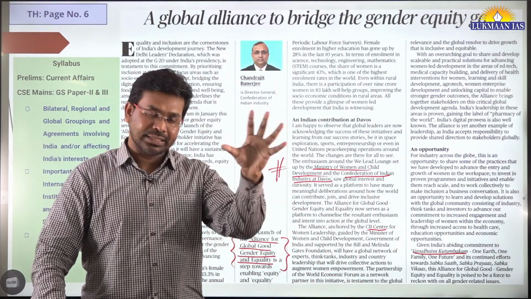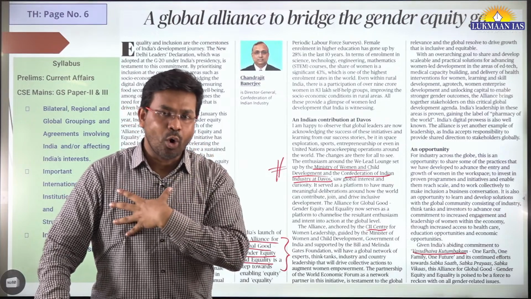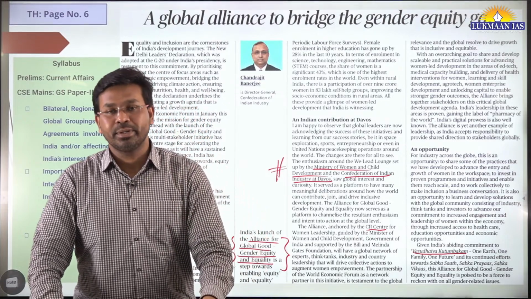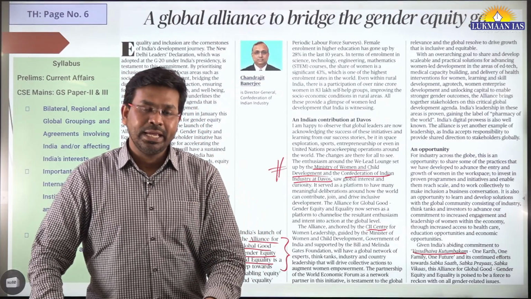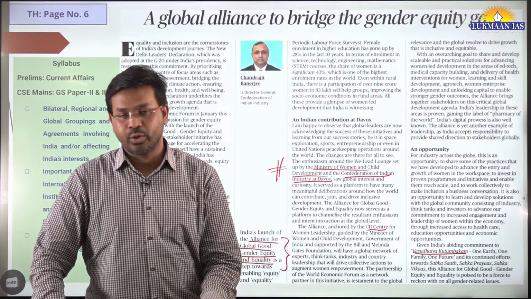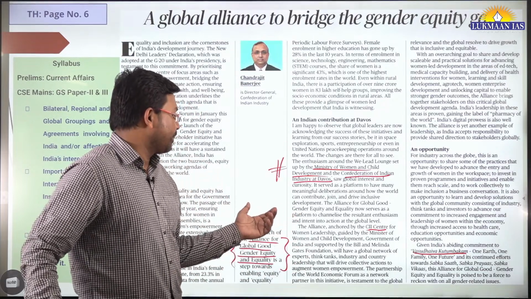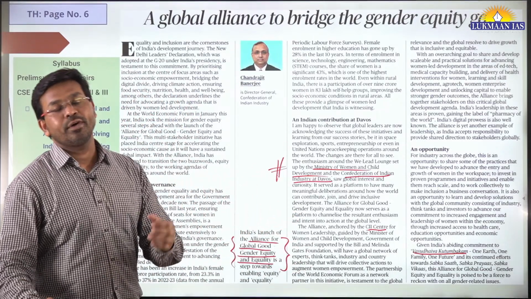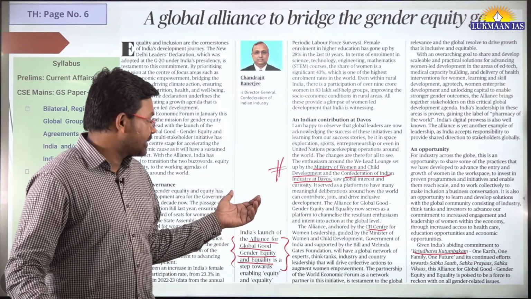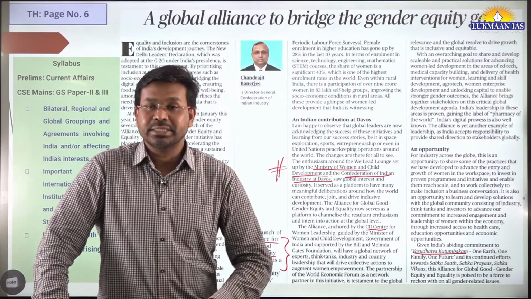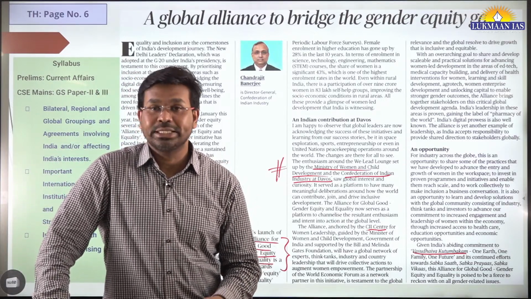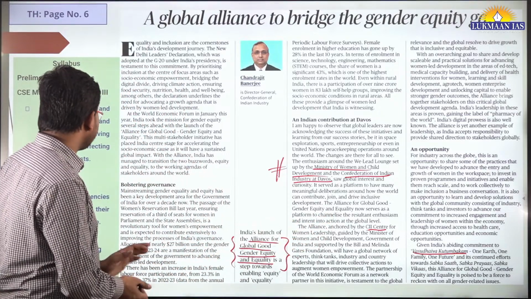The entire earth is one. All of humanity, all people belong to one family, and we have a common future. Okay, one future. This is the thing. The motto of the government is also Sabka Saath, Sabka Vikas, Sabka Prayas. So these things have been mentioned by the author in this article.